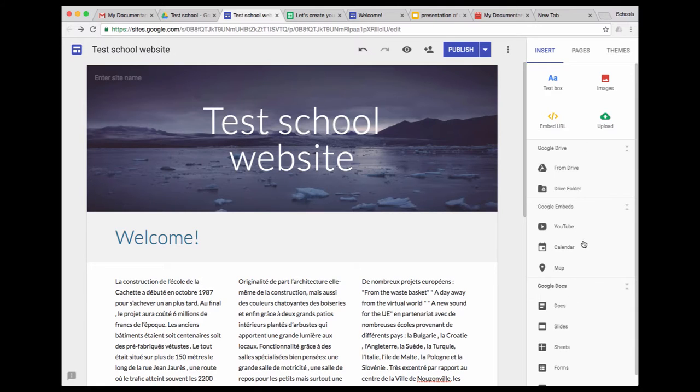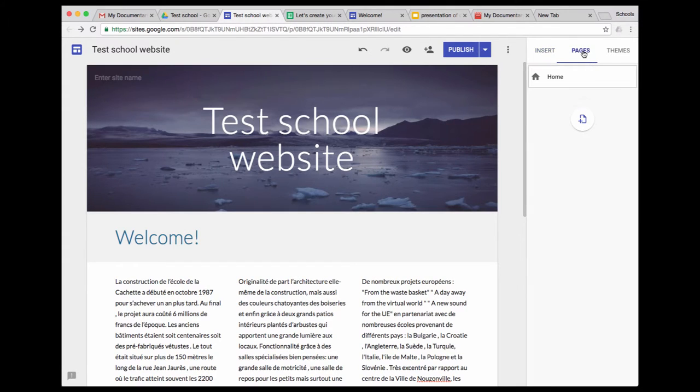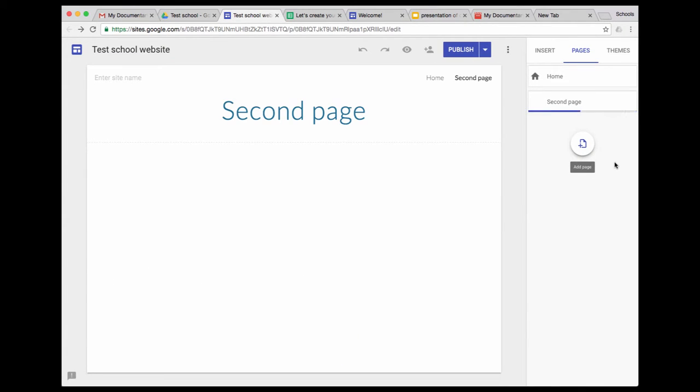So let's say second page, and add that and wait for Google to process that page. And maybe this second page is going to have some subordinate pages underneath it. So let's add a first section,